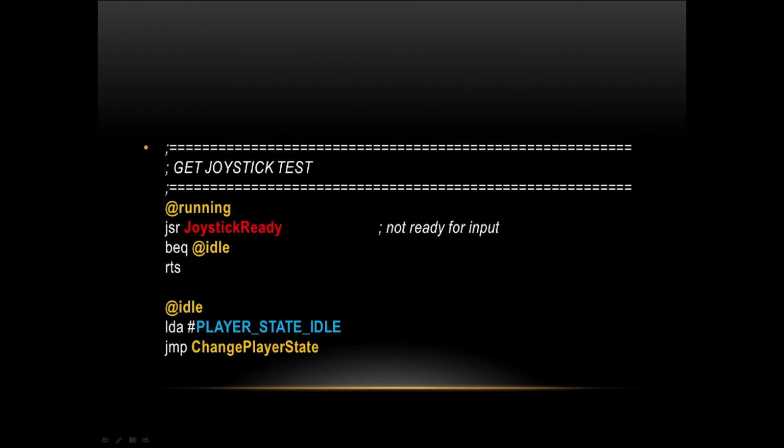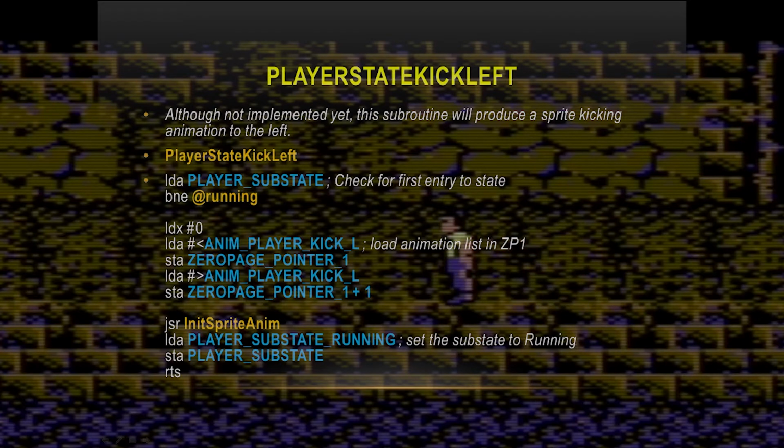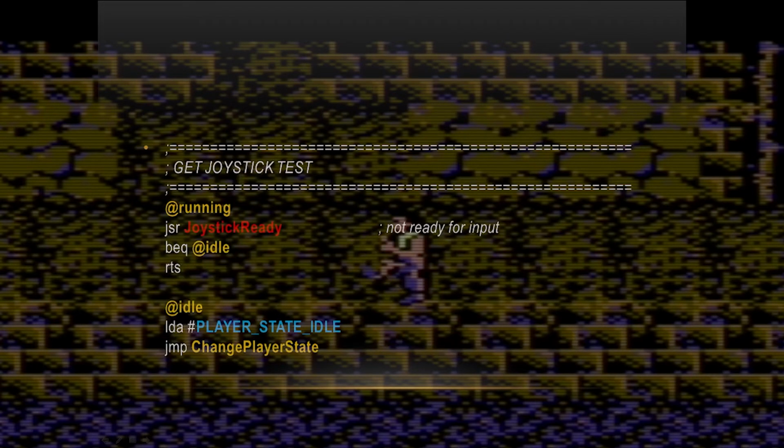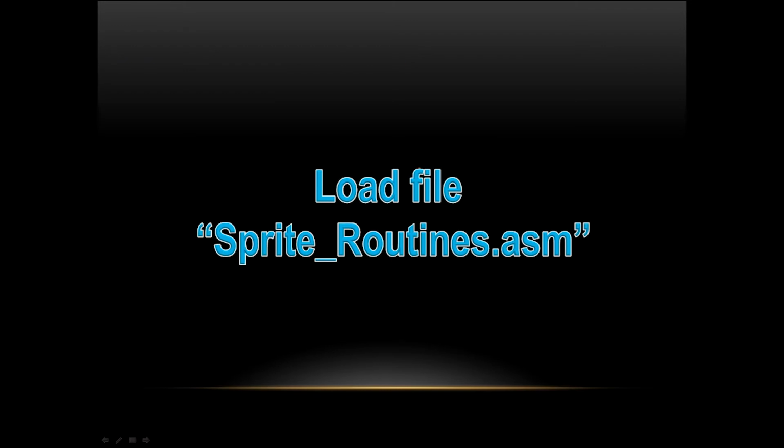Same thing, we're checking for idle. And here's the player state kick left. And the same thing, we're checking for the idles. Now for the sprite